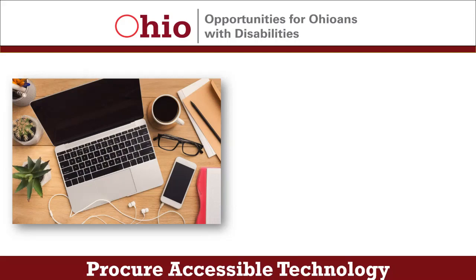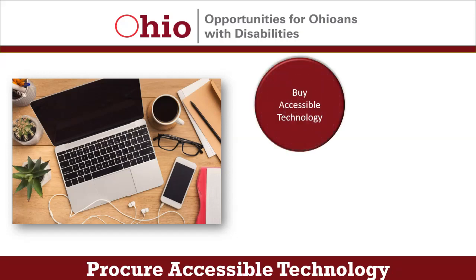Employers periodically purchase items like information and communication technology. These technologies often have accessibility features and accessibility barriers. So, to create an accessible workplace, a simple best practice is to buy accessible technology when you are making the purchases you planned to buy anyway. This goes along with our theme of prioritizing accessibility from the start. It just requires incorporating accessibility into the procurement process. And I have some resources to help employers do this.